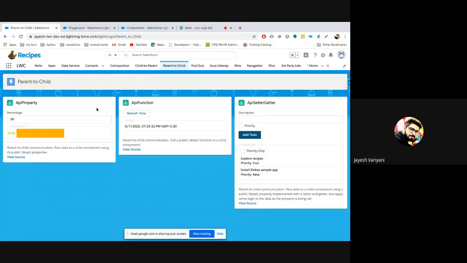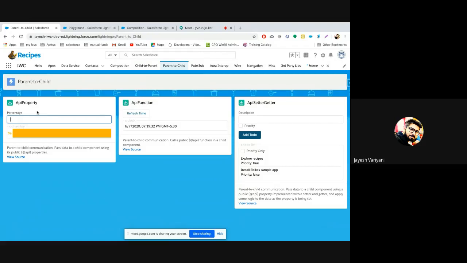As you can see, we'll start with this, left hand side app. This will be a little more complex. Here the percentage element is part of API property, which is nothing but the parent. And the chart bar, which you can see, this grayish one named C chart bar, is nothing but the child component of this API property.